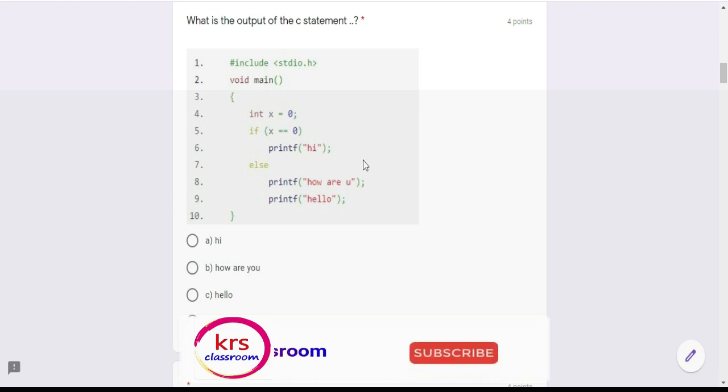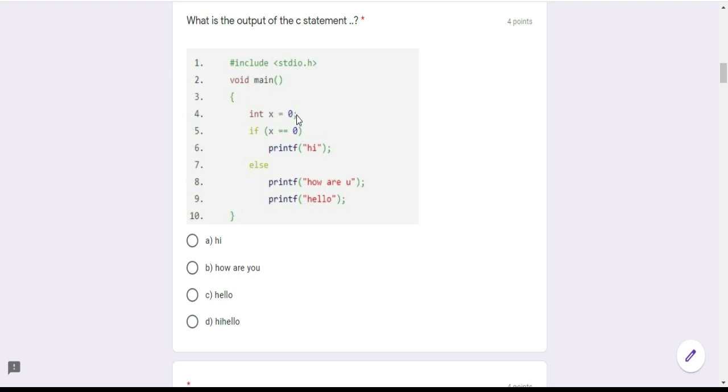And the next question is int x equal to 0. So here the x value is 0. The condition is if x equal to 0. Actually 0 equal to 0, so the condition is true. Condition is true means this hi will print. This hi statement will print, and the else statement will not print.